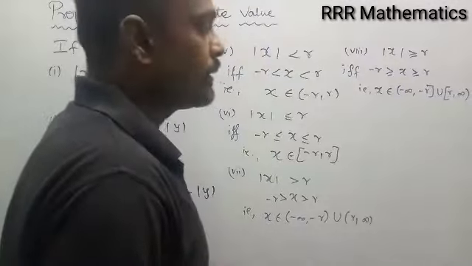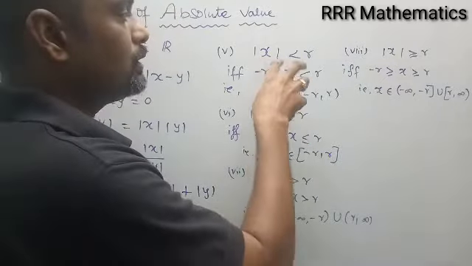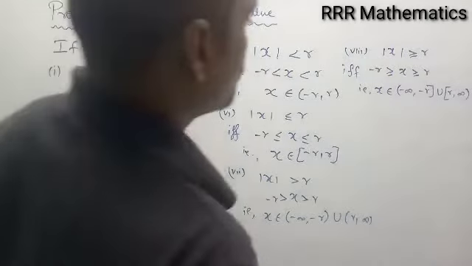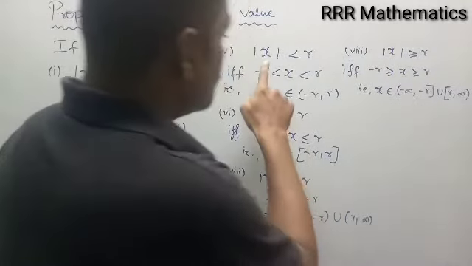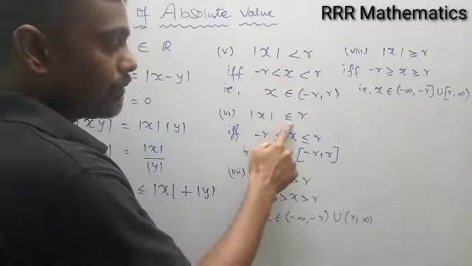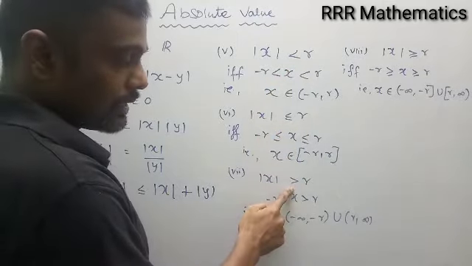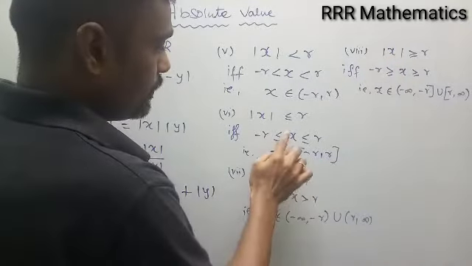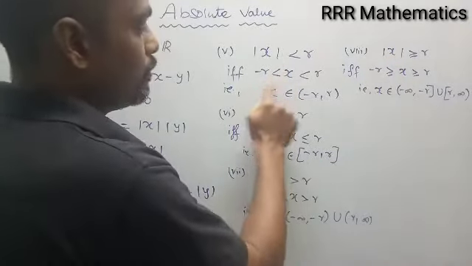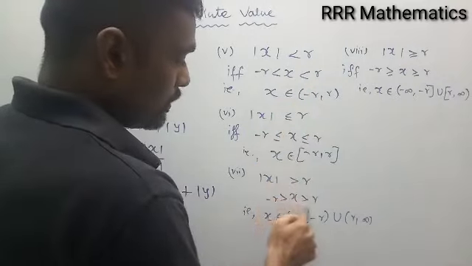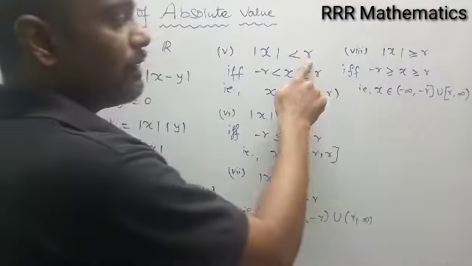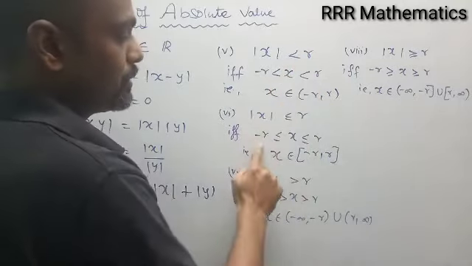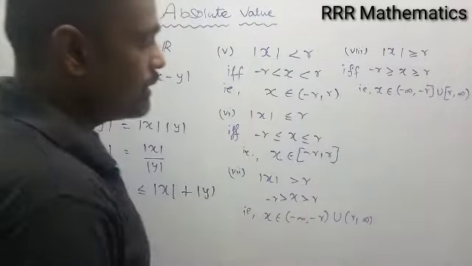Is it clear? This is the way you want to release your modulus with the inequality. Less than or equal to, greater than or equal to. Got it? Is it clear? Very, very, very important. Modulus of x less than r, modulus of x less than or equal to r, modulus x greater than r, modulus x greater than or equal to r. Whatever it is, inside the modulus, write everywhere the same sign on both sides, and the value will be positive here. So strictly you want to write negative of this one, positive of this one, on both ends. Then discuss the value.